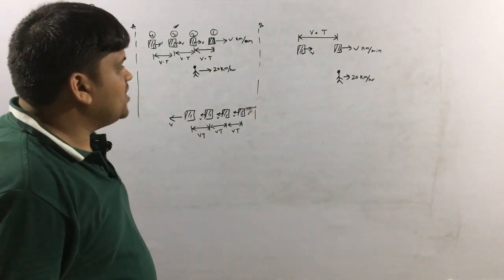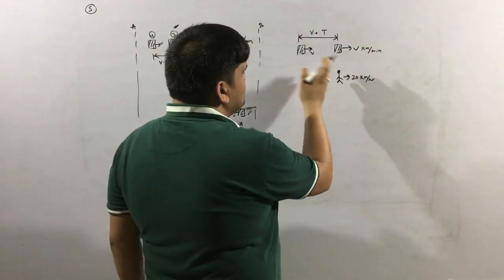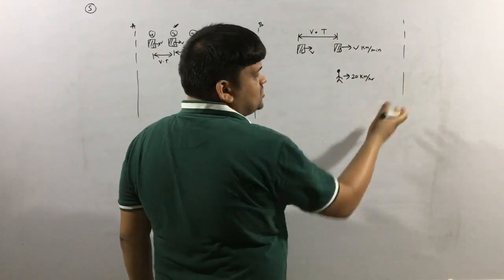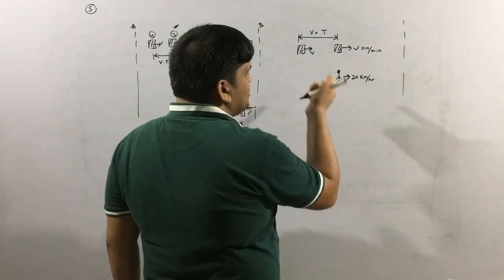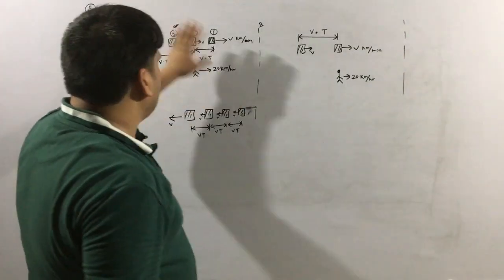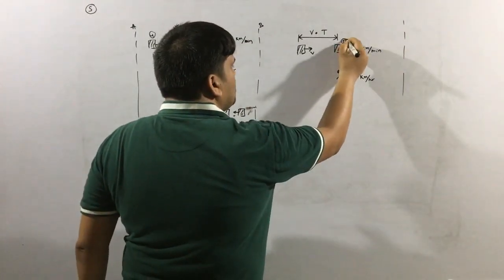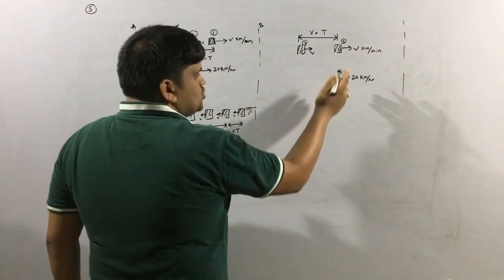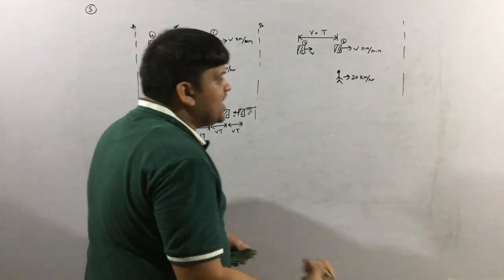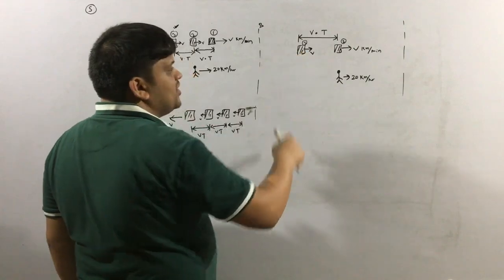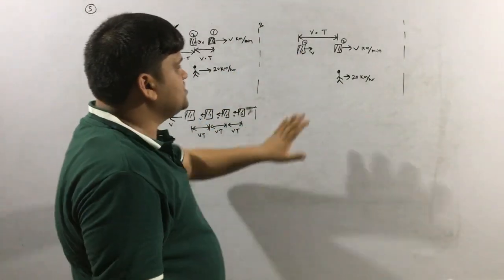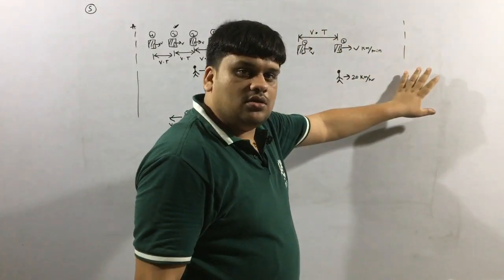Now let us find after how much time they are going to meet somewhere here, and it is given that the time taken for this is 18 minutes. Forget about all the other buses, let it be bus number 2 and bus number 3. The cyclist meets bus number 2, and after 18 minutes the cyclist meets bus number 3. So now by forgetting all this we can have a simple diagram like this.